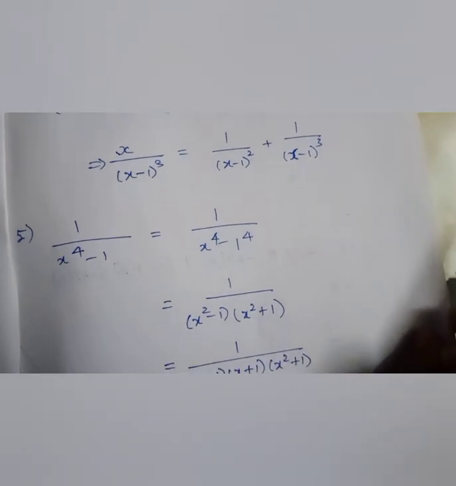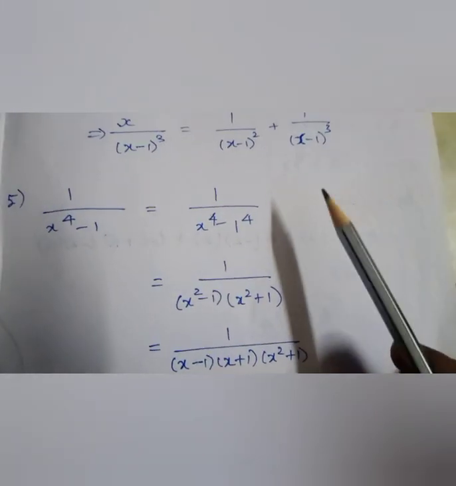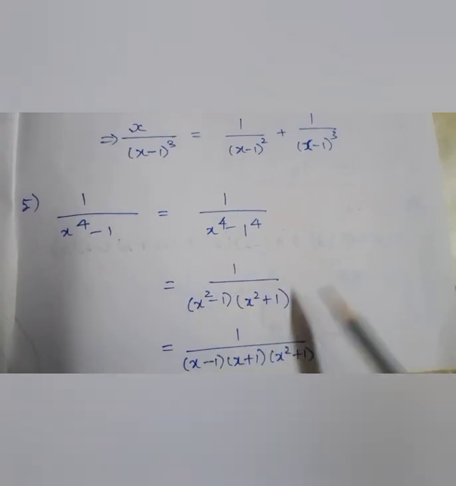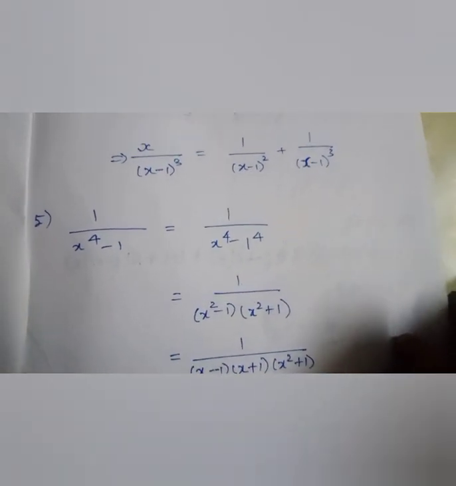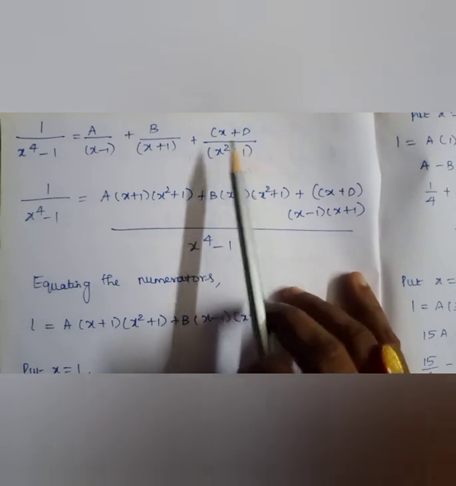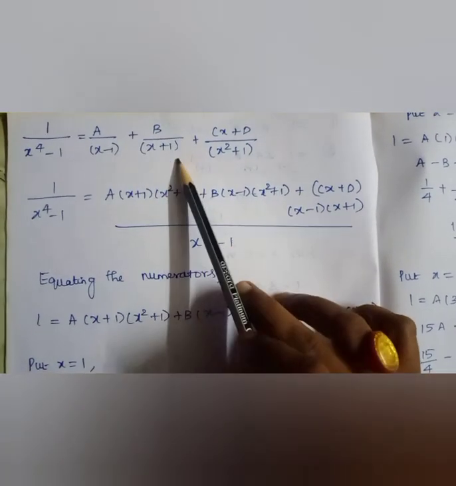Now the fifth sum: 1 by x power 4 minus 1. What do you mean by x power 4? It means it is having 4 factors. So 1 by, I can write this as x power 4 minus 1, which is x square minus 1, x square plus 1. Right? And x square minus 1 can be written as x plus 1, x minus 1, a square minus b square formula. Now write this expression as partial fractions: a by x minus 1, b by x plus 1, plus